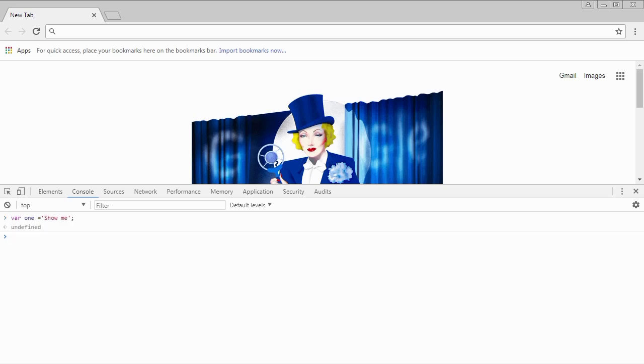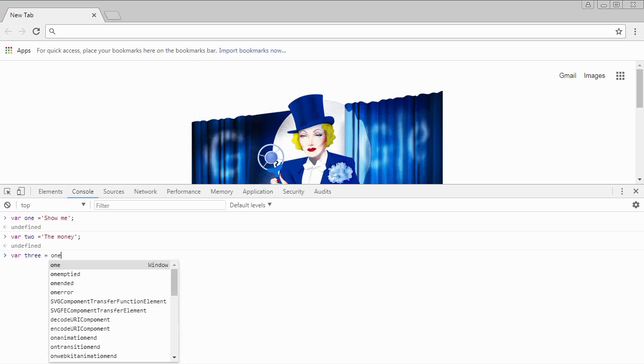And I'm going to create another variable, and I'm going to call this variable number 2. I'm going to assign this a value of the money. So that's my value for variable number 2. I'm going to create another variable, variable number 3, and I'm going to make this variable value of variable 1